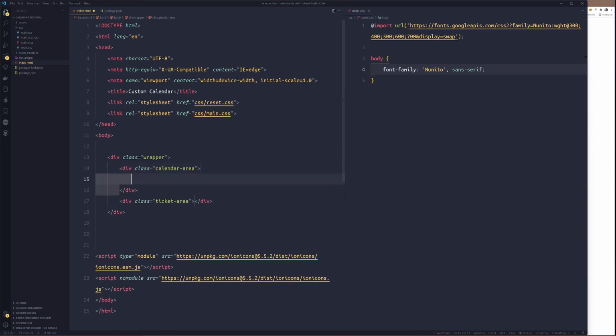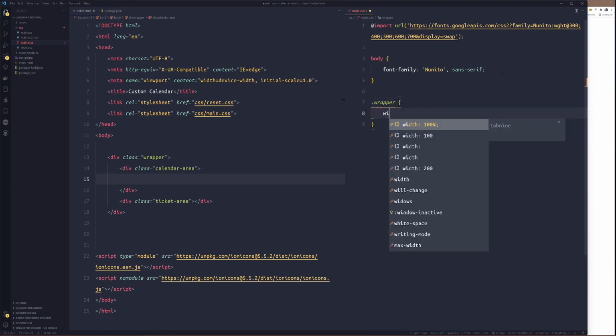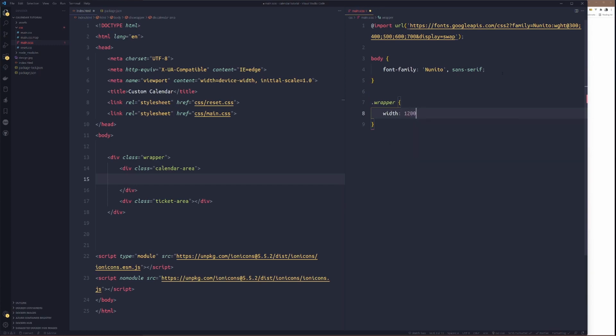So now, before I target the wrapper, I'll set, or you know what? First target the wrapper. So inside this wrapper, we'll set the width to 1200 pixel. Then make the height 650 pixel.